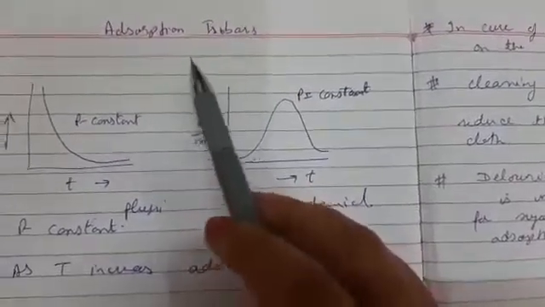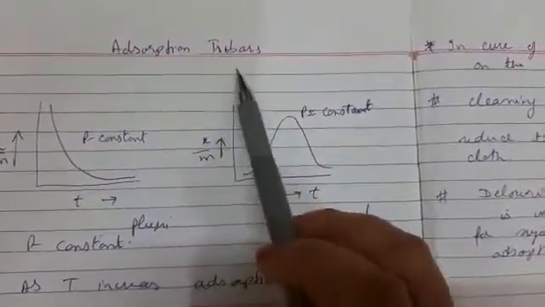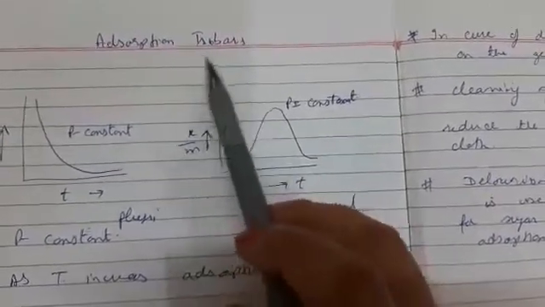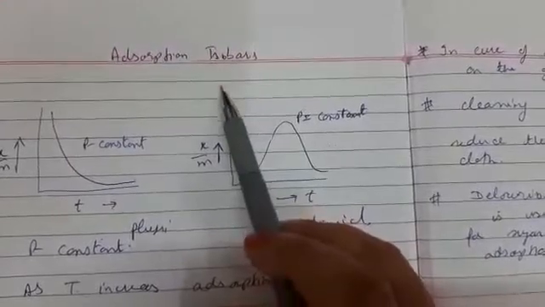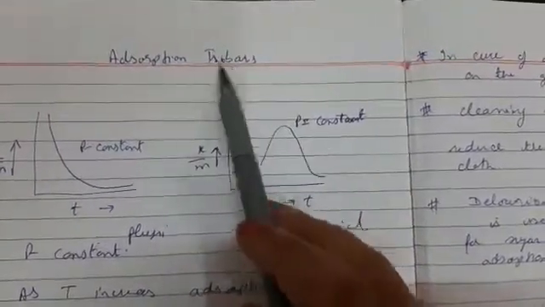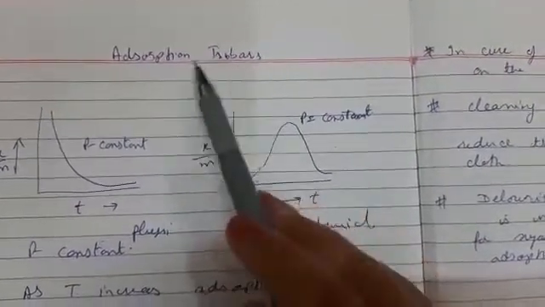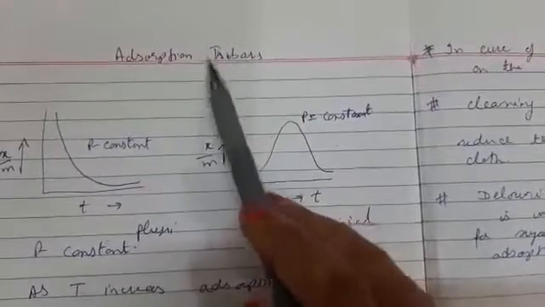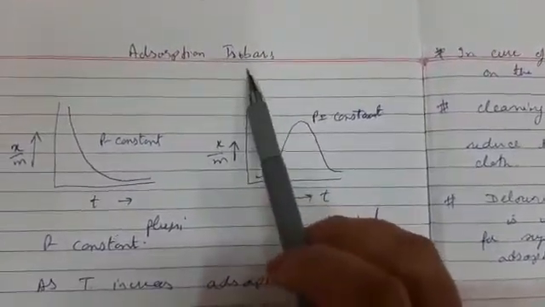In the last video we discussed the adsorption isotherm. Iso means same and therm means temperature. From that we observed that adsorption decreases with the increase in temperature. Today we will discuss the isobar. Iso means same and bar means pressure. It is the relation between adsorption and pressure, how it varies with the change in pressure.